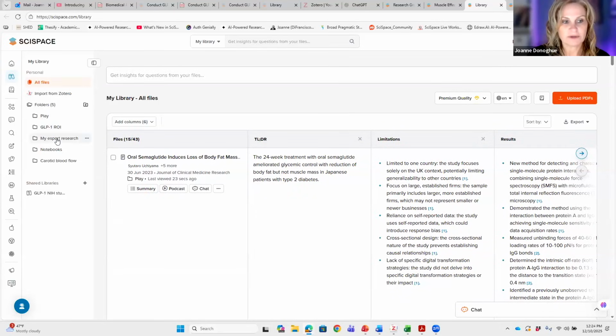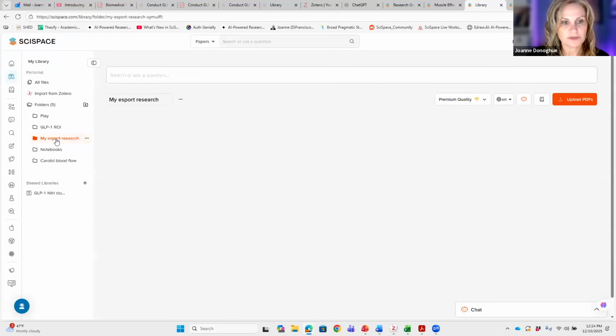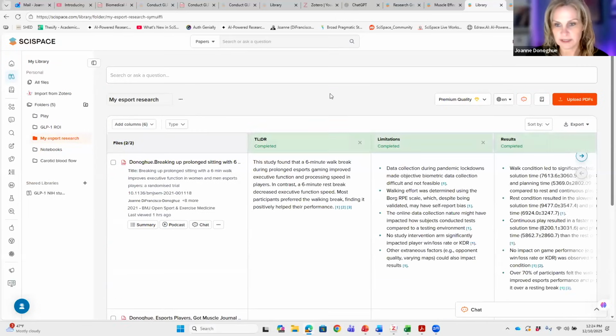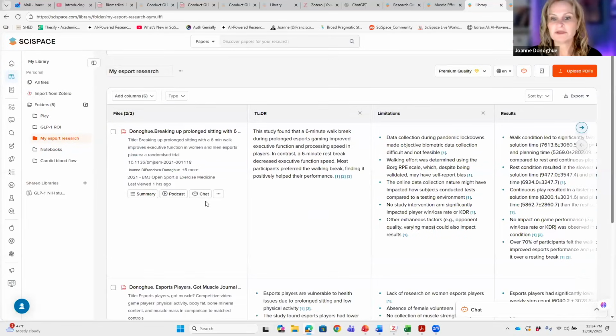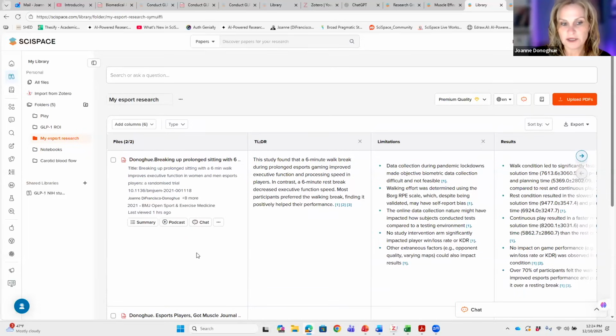So these are my folders that I've created, and I'm going to go to my eSport research because I know that these are my articles that are in here. And these are the columns I created. And now I know that these are the articles I really want to use for this project, but I want to talk to my paper. There are so many ways to do this. You could click on it here,